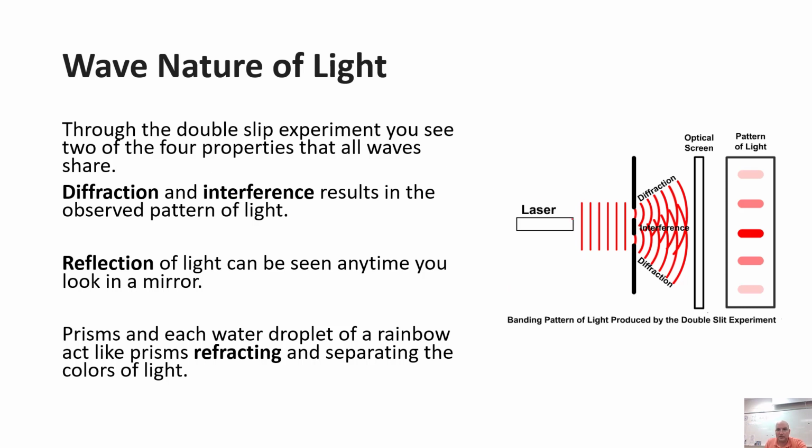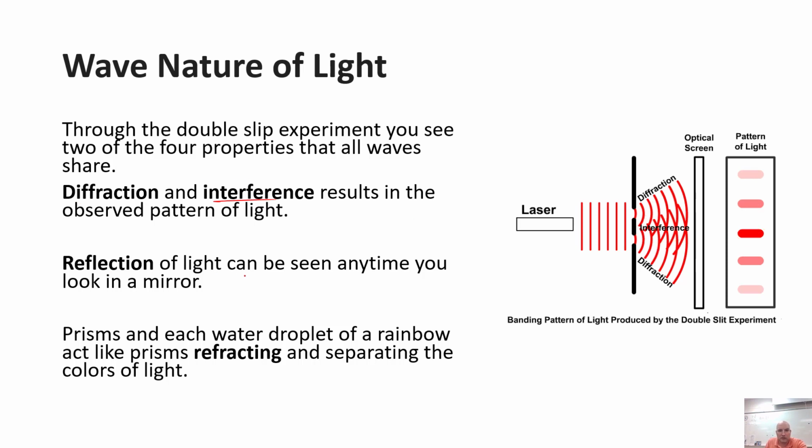Lastly, light is considered a wave because you can see all the different, remember, four phenomena. Diffraction and interference can be seen when you look at the single slit or double slit experiment. You have light coming through, bending around the corner. In the process, it's going to interfere with the other light, and then you're going to have light and dark as a result of constructive and destructive interference, constructive being the lighter areas.